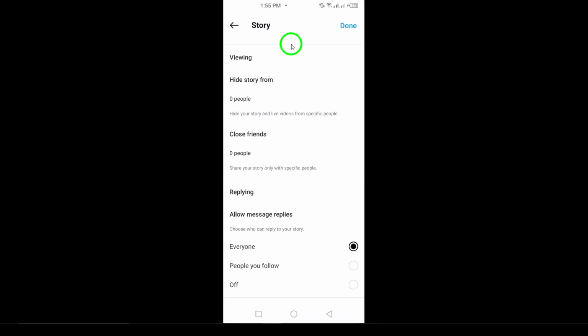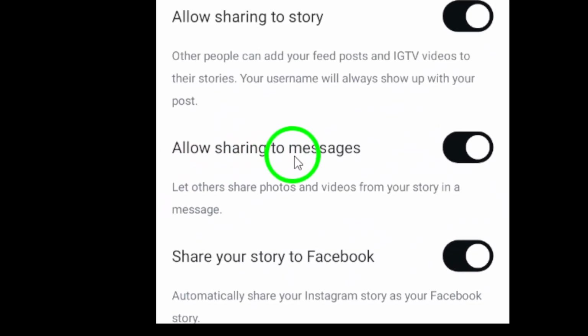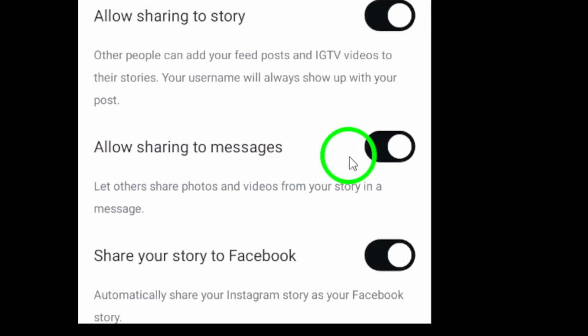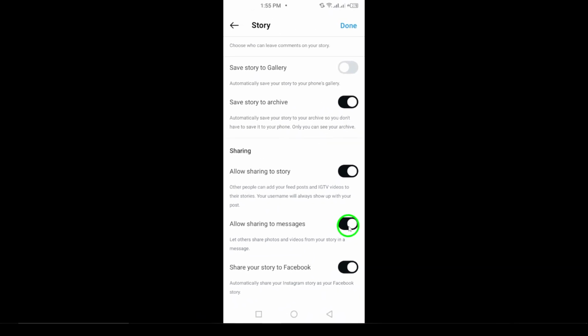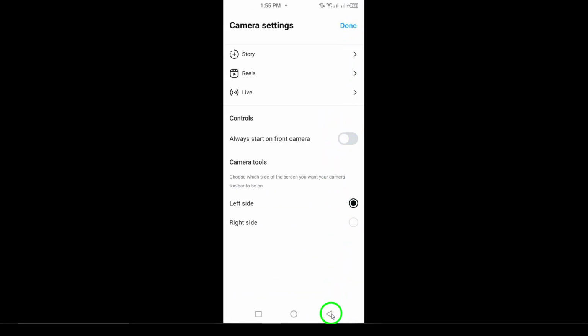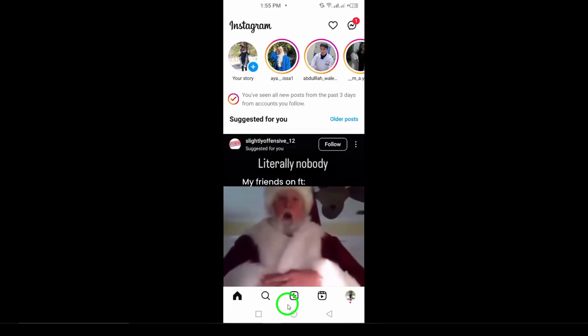Step 5. Scroll down until you see the option labeled Allow Sharing to Message. Toggle this setting on to allow people to share your Instagram story via direct message. And that's it. You've now successfully enabled the option for others to share your Instagram story with their friends through DMs. This is a great way to increase engagement and get your content in front of more people through private